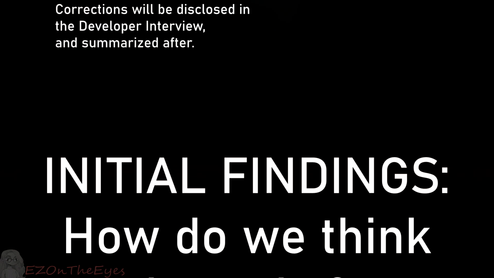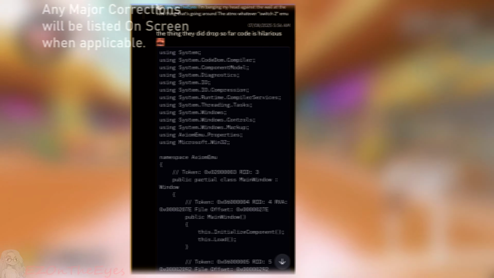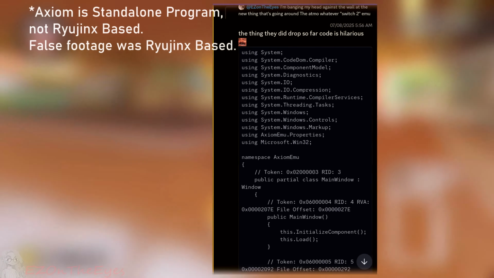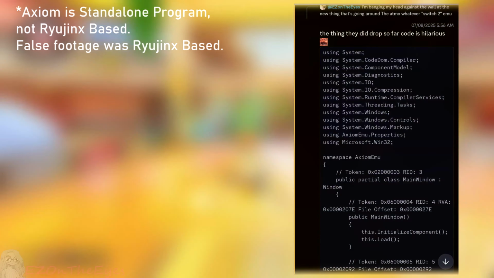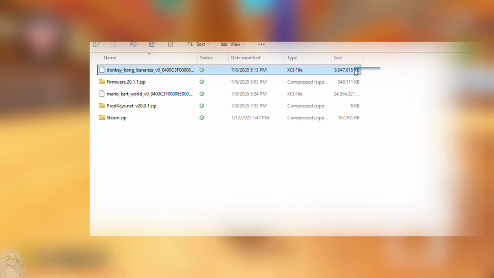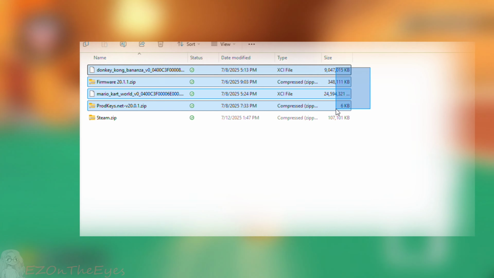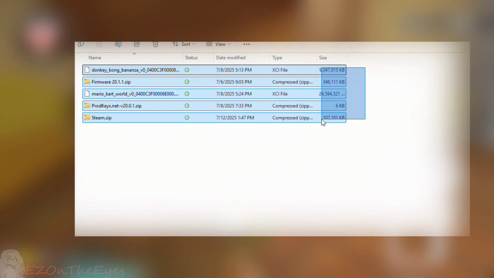Axiom works by modifying Ryujinx and injecting a fraudulent video player. By doing some hilariously primitive line edits and checks, they've designed it to only open XCI files with a specifically formatted name. To help give the illusion of this being legitimate, they also release fake files of Nintendo Switch 2 cartridges. These modified files contain massive amounts of junk data and do not actually contain the advertised game.